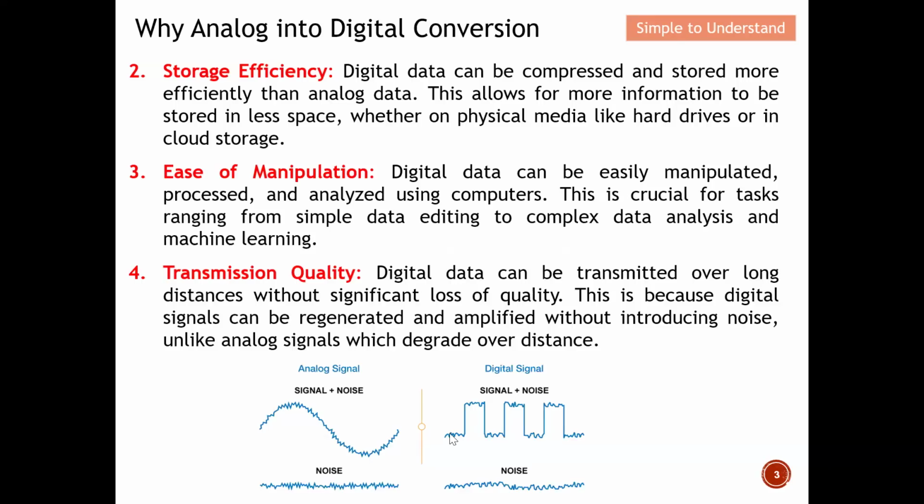However, for the digital signal, again, we are going to send this over a long range. Again, the signal will be reduced. You can imagine this. However, we are capable of re-establishing the signal. For example, let's say it didn't really go to zero. Let's say instead of 5 volts, it goes to 2 volts. With digital data, we can send this 2 volts back all the way to 5 volts again, and we can retransmit this. So basically, this is the meaning of transmission quality. It will be very challenging to relay back the original analog signal, but for a digital signal, it can be easily done.